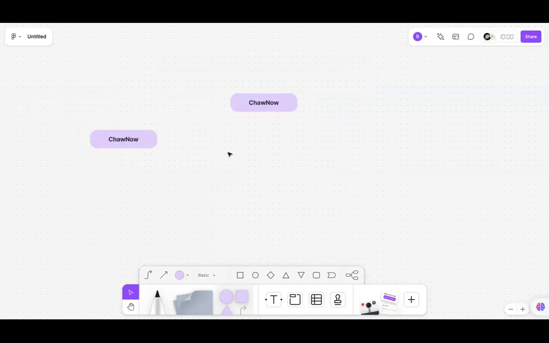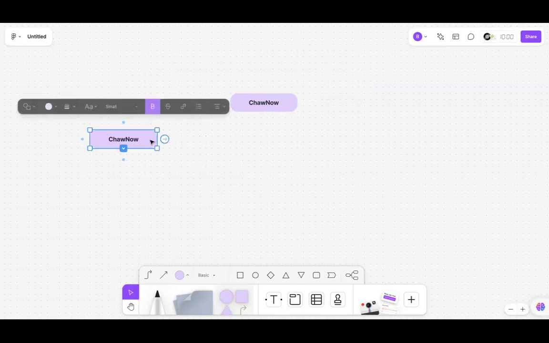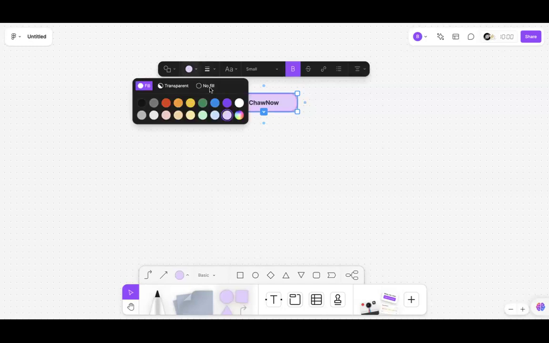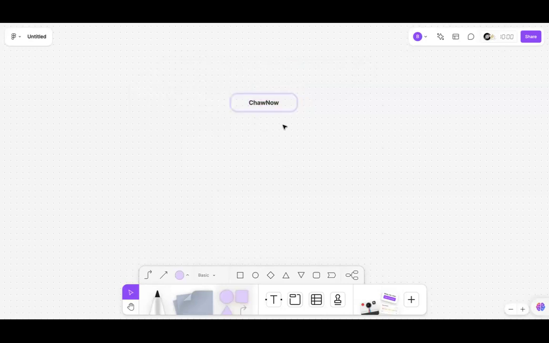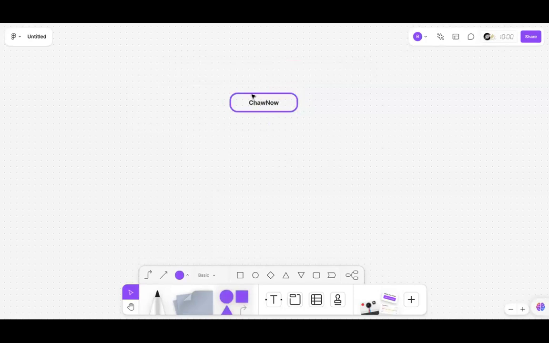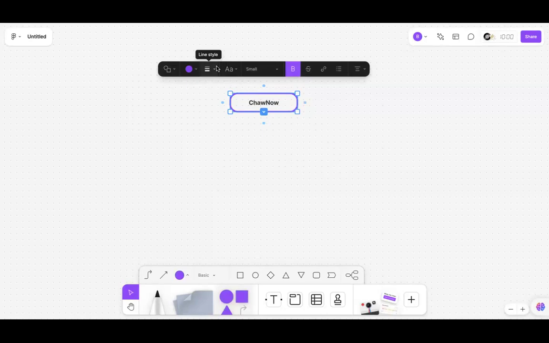So first things first, I want to get my nav. So I don't want colors. So I'll make this a stroke, and then this color, there'll be no color, no fill, and I'll make this,